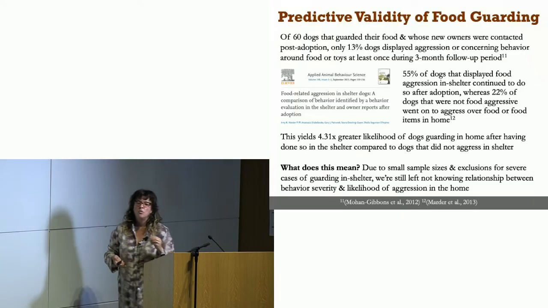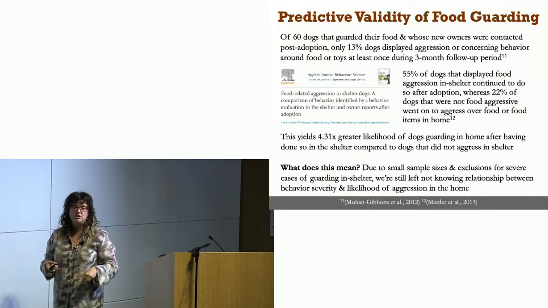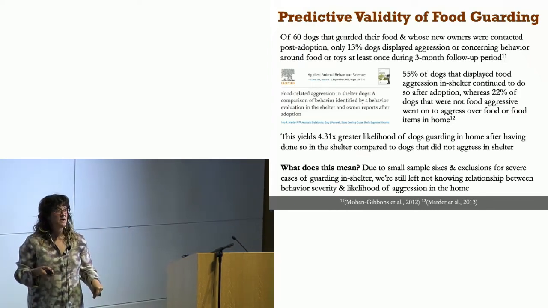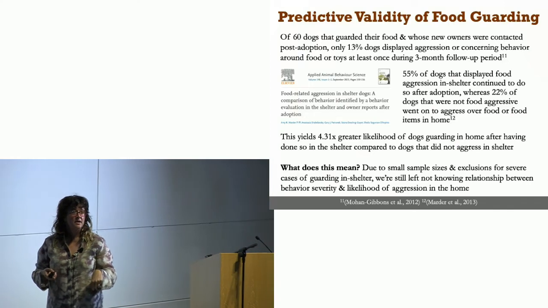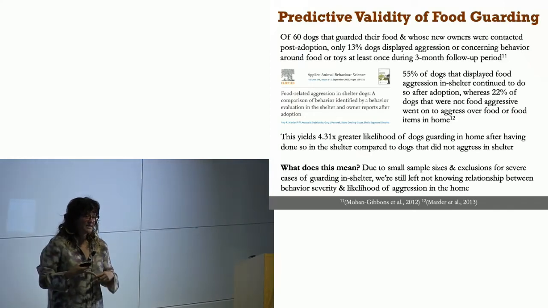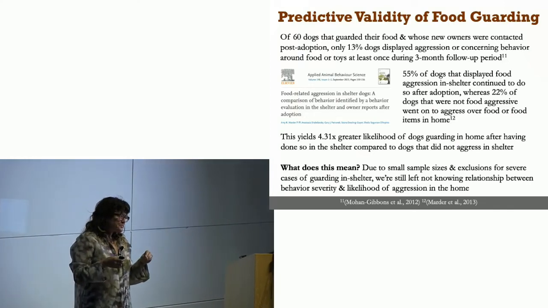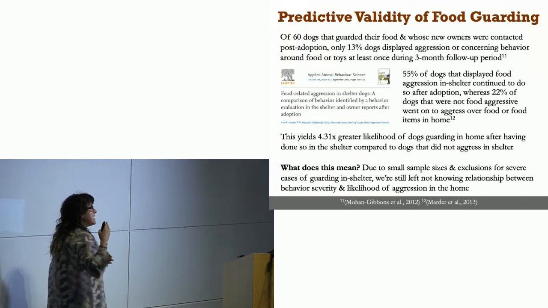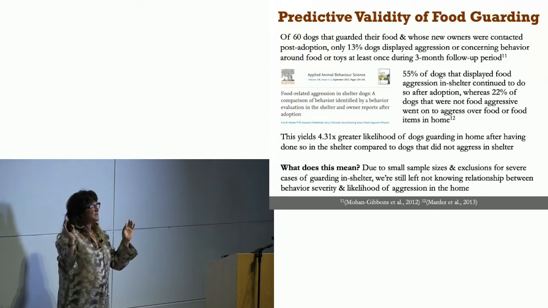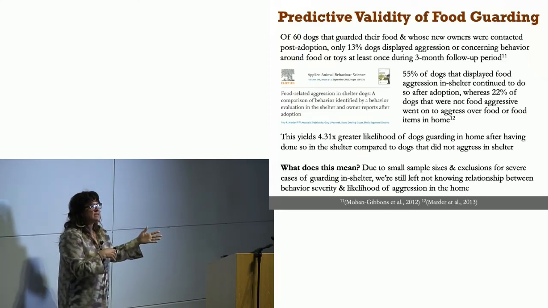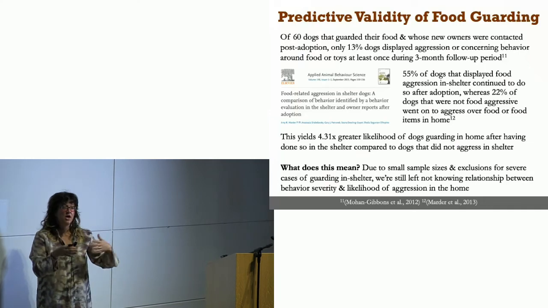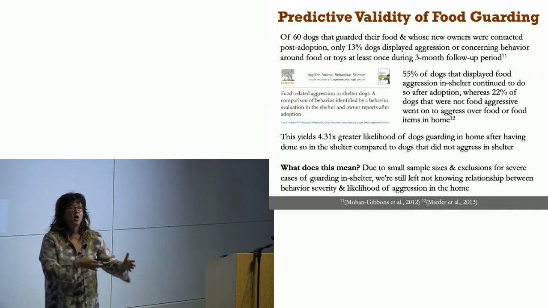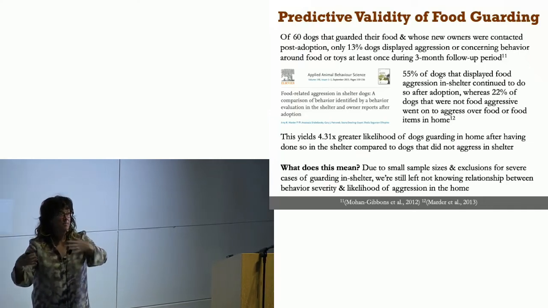And the other thing to think about here, which I have lots of questions around, is that we still don't know the relationship between severity of the behavior and likelihood of aggression. And I think this is an important part of this discussion because my guess is that the dogs in this study that had severe food guarding were actually not placed. And then we have an issue that dogs that were mild to moderate are in the group with dogs that are more moderate,